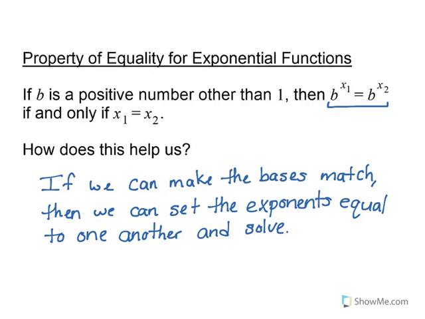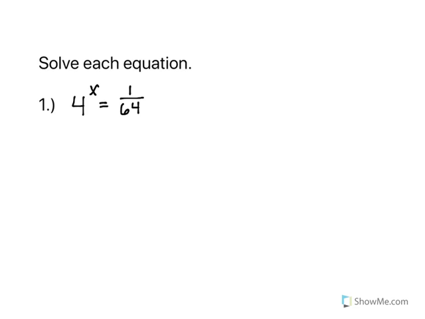So we're going to go through 4 different examples of how to do the same base method, and then we'll take a look at one example with the 2 different methods on a graphing calculator. Okay. Problem number 1. 4 to the x power is equal to 1 over 64. I want to see if I can rewrite the 1 over 64 so that it's 4 to a power. The first thing I'm going to do is leave that 4 to the x alone, but